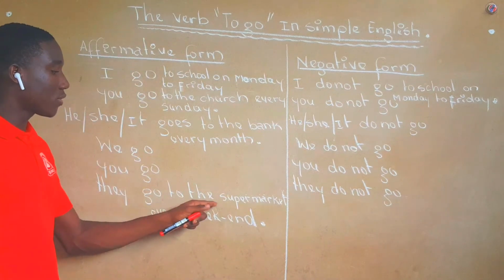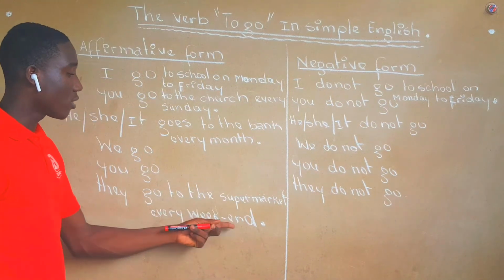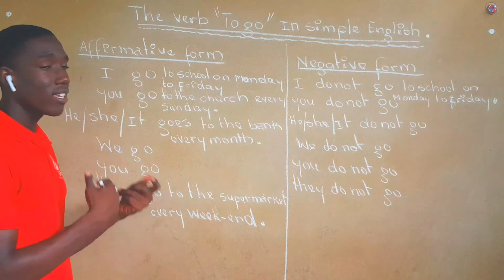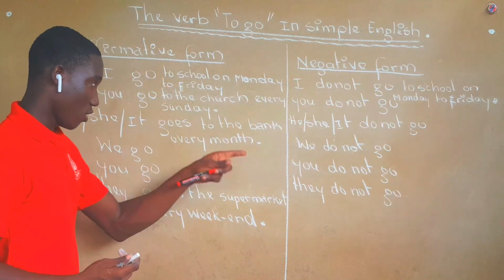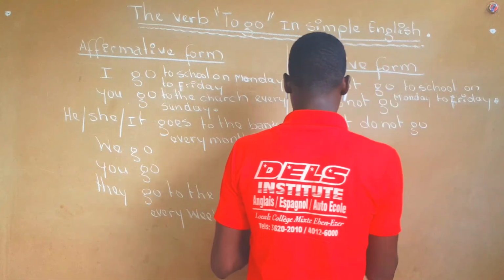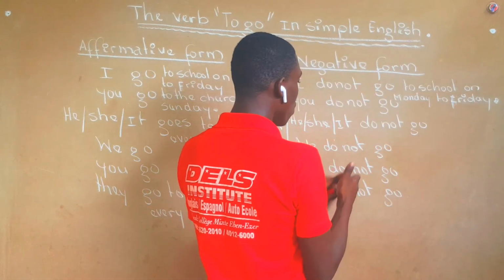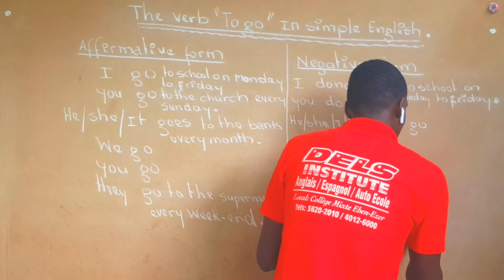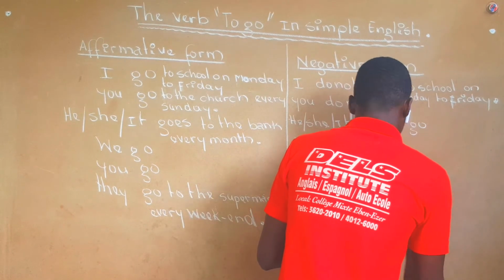They go to the supermarket every weekend. Yo aller dans market chaque weekend. Pour negative là, on capable dire for the negative form, you can say they do not go to the